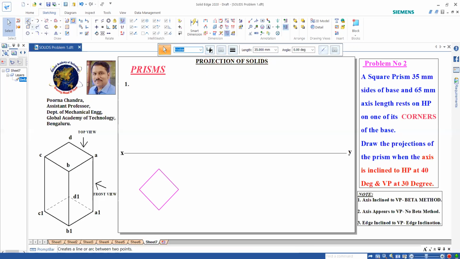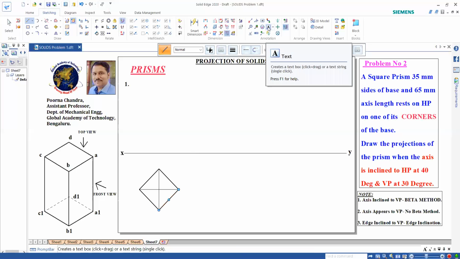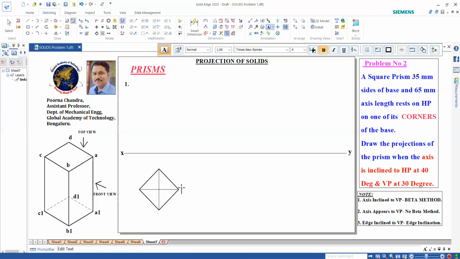Now I need to find the midpoint of this. So I can go with projection line and join two corners to find the midpoint. Then we can start naming this. So here this will be A bracket A1. Then B bracket B1. Here C bracket C1.